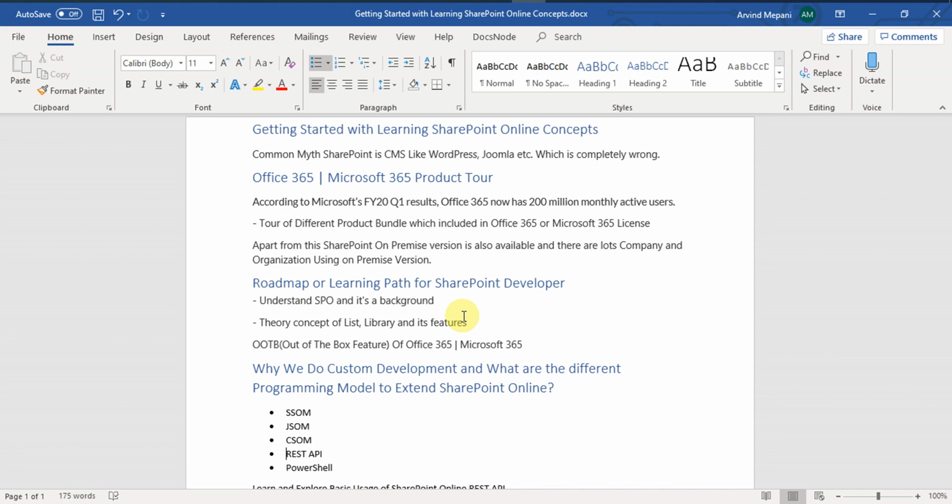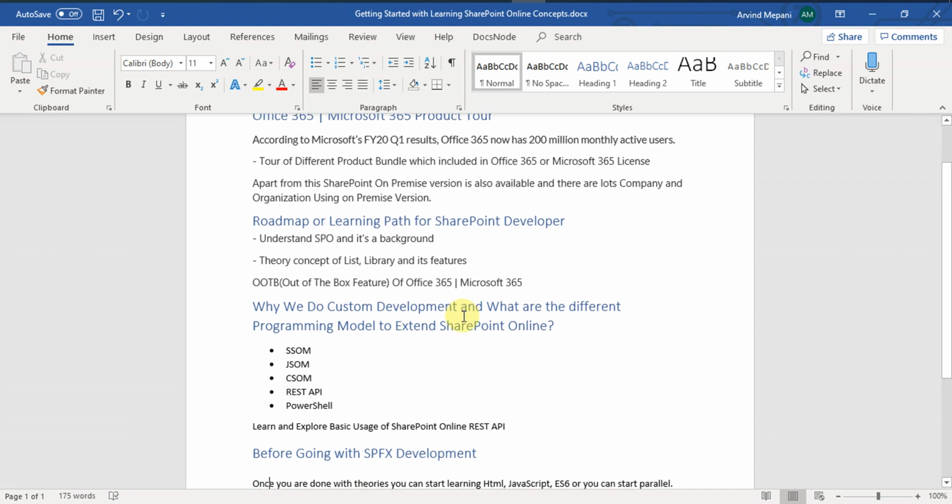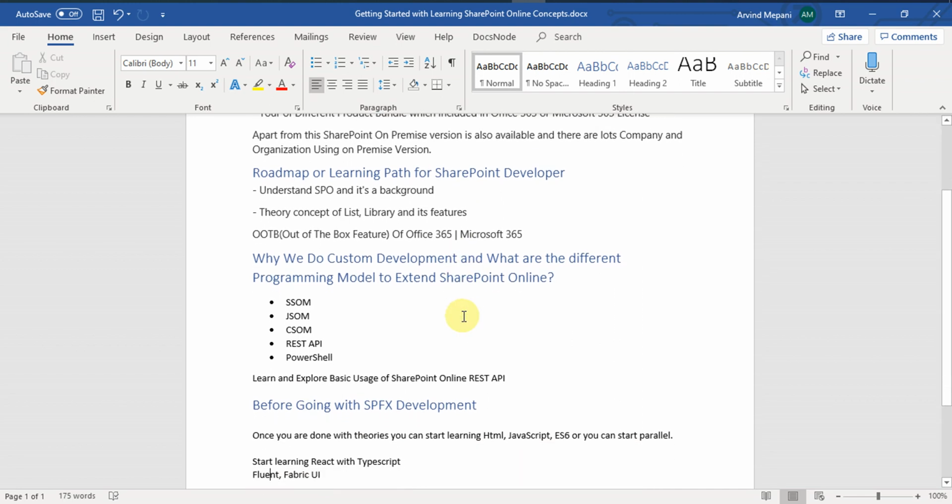The most used programming model is the REST API, because it is called directly from the browser. For the SharePoint Online version, lots of features are available using the REST API, so people will be using the REST API. And if we have to automate a task, for a background job or a daemon job, then we can use PowerShell or CSOM, the client-side object model. Client-side object model is currently only available with the .NET Framework. It is not supported with .NET Core.